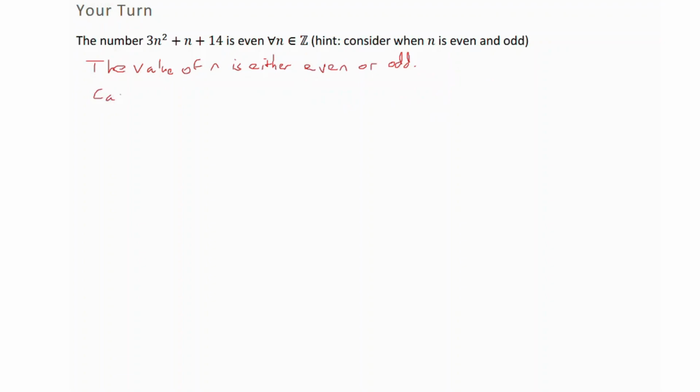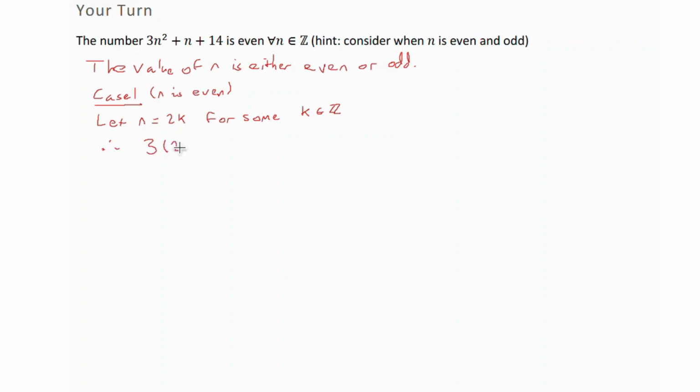So case 1, n is even. When n is even, that means we can write n as 2k for some value of k that is an integer. Now let's plug that into here. That means we have